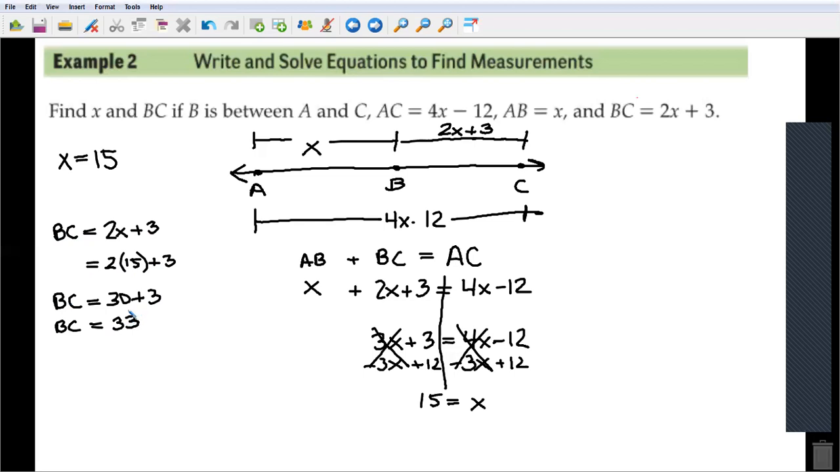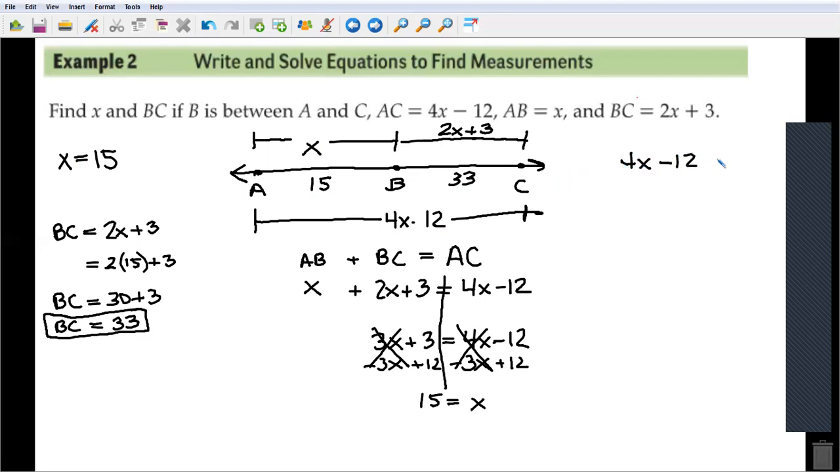Now here's a way you can check your work. Once you figure out what x is and you plug it in, you can make sure that these segments all add up to each other. So we know that segment AB is just x, so that segment would be equal to 15. And we just found out over here that segment BC is equal to 33, so the length of this whole segment should be 48. So what I'm going to do to verify that I got this correct is